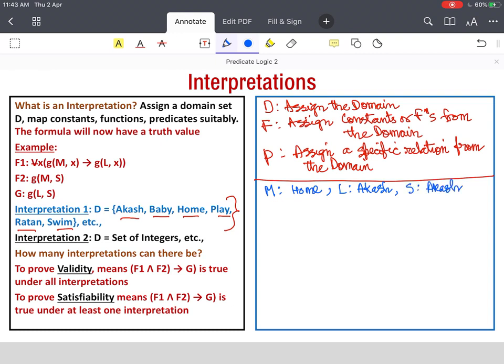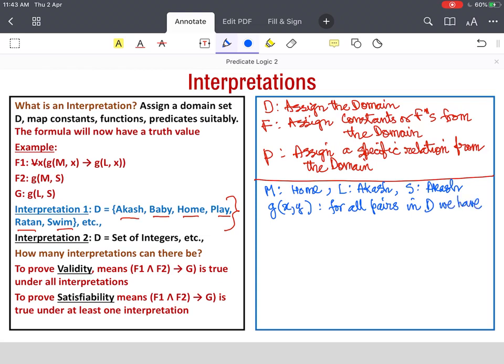Let us say we again define S to be Akash. Here it does not tell us that we have to take. So an interpretation can actually take some values. So the constant symbols will take some values. What do we have? We now have gxy. So we now have to define gxy, and for all